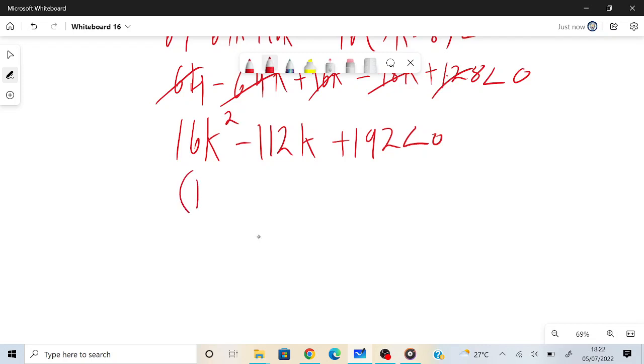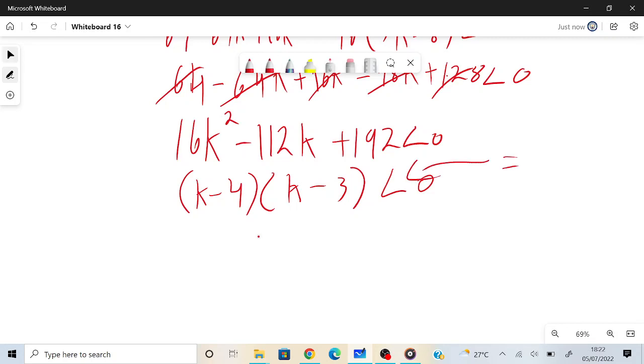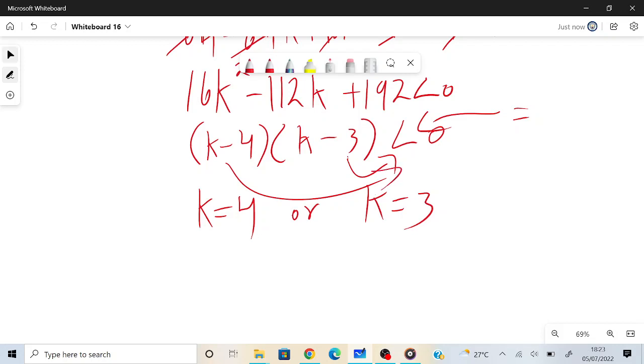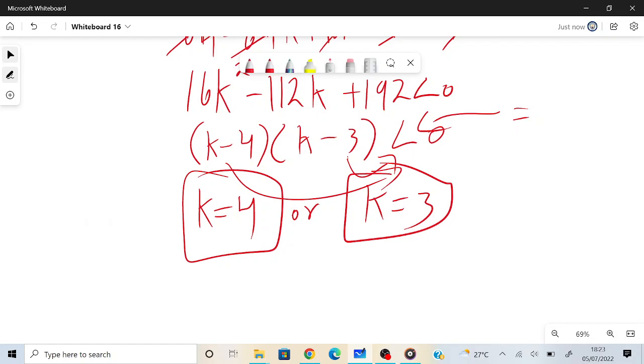I know this is either k minus 4 or it is k minus 3, less than 0. As I said, you can also write equals to, there's no real harm, but I'll just write less than. And then I know that k is 4 or k is 3, because the minus 3 would go to the other side and become positive 3, and the minus 4 would also go to the other side and become positive 4. So now that I have two values, I need to check what values are correct,